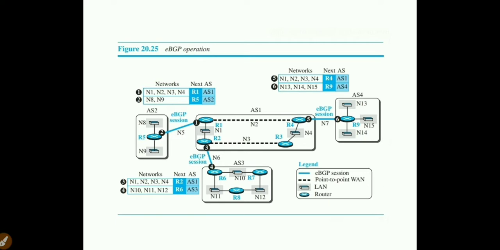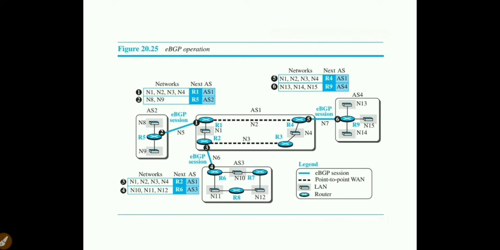N1, N2, N3 and N4, the 4 networks available in autonomous system 1. The next hop is R4. It wants to give information to, or communicate with, an external autonomous system, AS4.